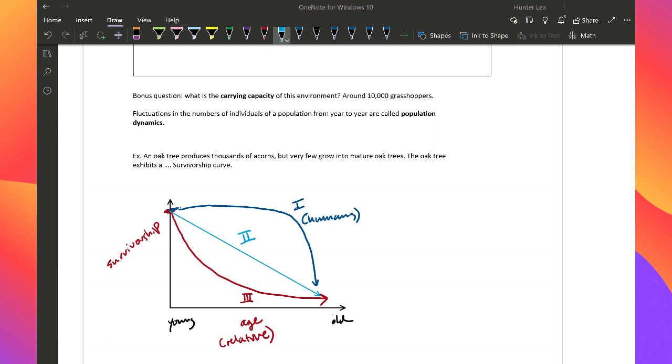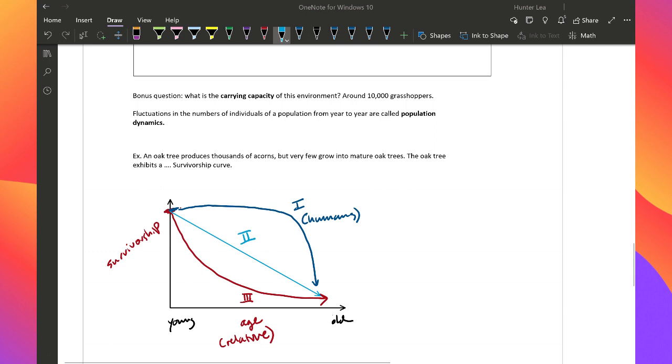If it is relatively cost efficient to produce lots of offspring, as in the case of the oak tree that can produce thousands and thousands of seeds, then you don't see a lot of behavior that is, I guess, protecting those offspring. Because the ones that do survive will persist for a very, very long time and will themselves produce many, many, many offspring. On the flip side, humans produce relatively very few offspring in our lives. This is called,